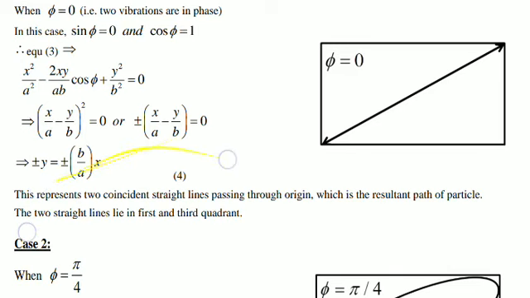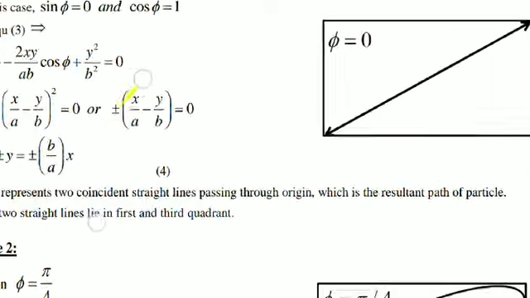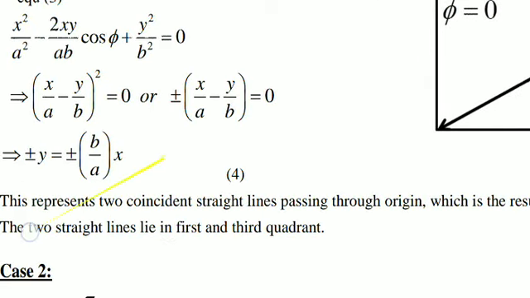Let us multiply this plus and minus sign to everything: plus minus x by a, and here it is a minus sign, so it will be minus plus y by b. Let us rearrange the things. What we will get is plus minus y is equal to plus minus b by a into x. You can easily solve this and get this equation. Remember that this is not a single equation; these are two equations. One equation is plus y is equal to plus b by a into x, and another equation is minus y is equal to minus of b by a into x.